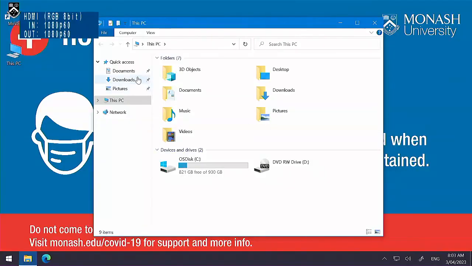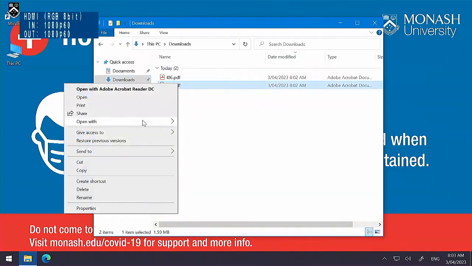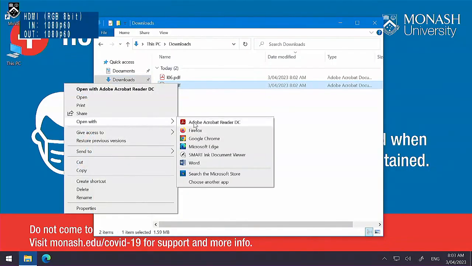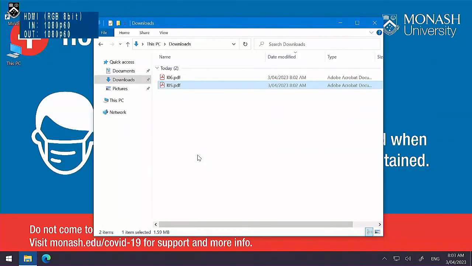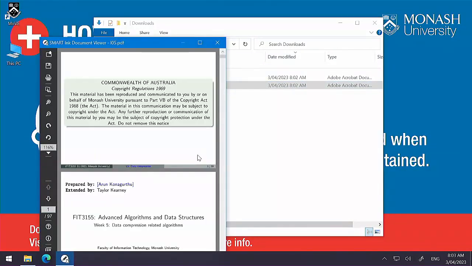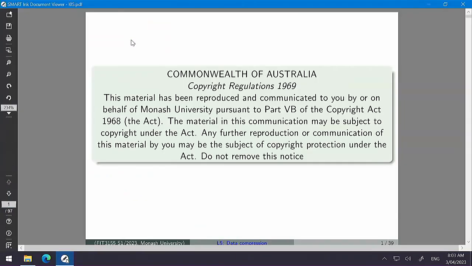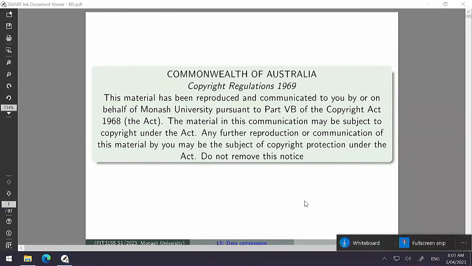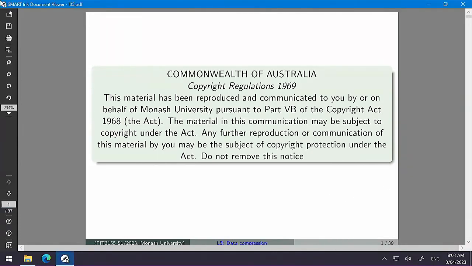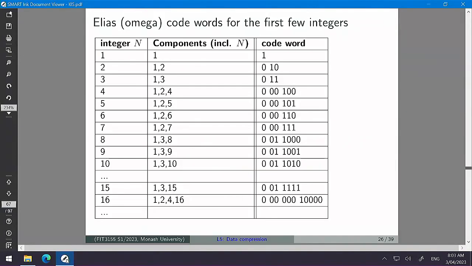Okay, show all downloads. I still have something to finish from the last week, so I'll fire that up. What is this? Okay. Let's get down to